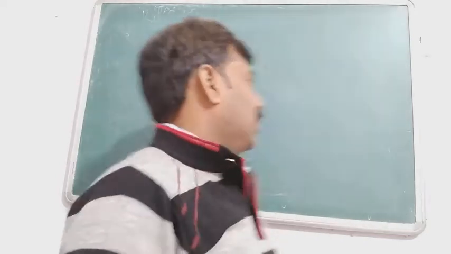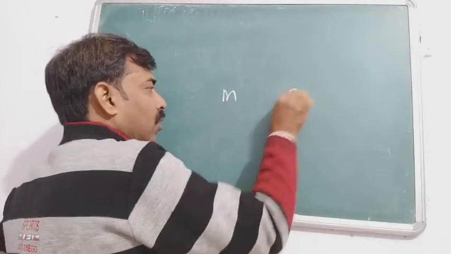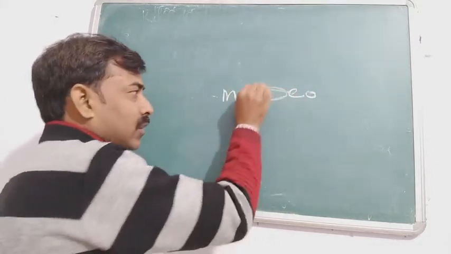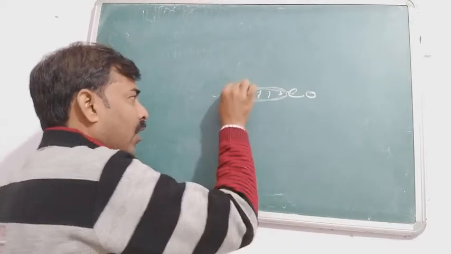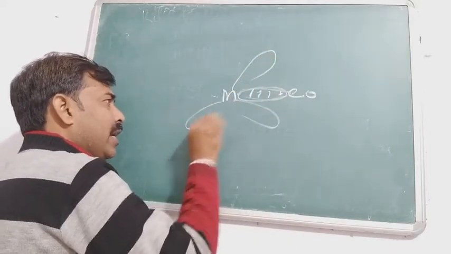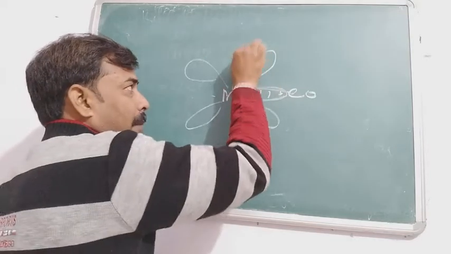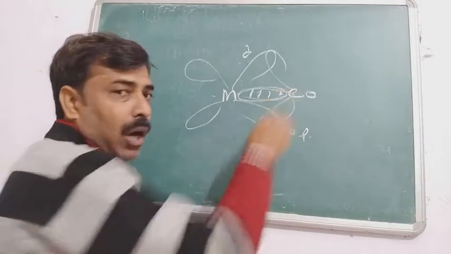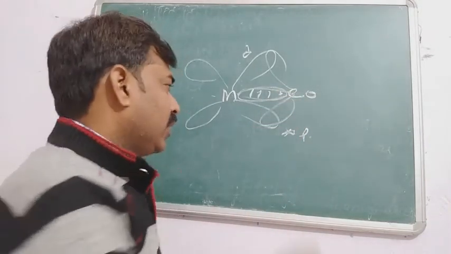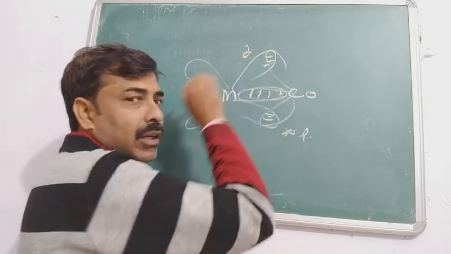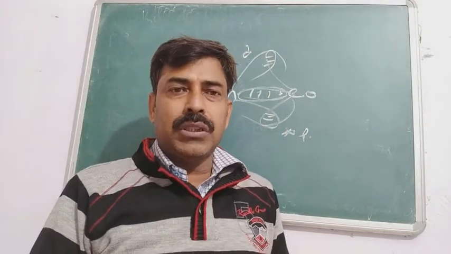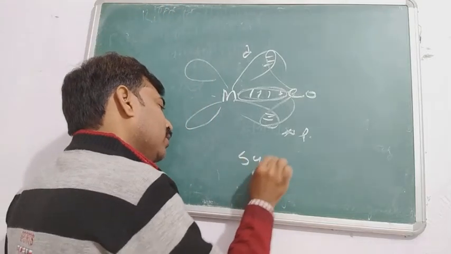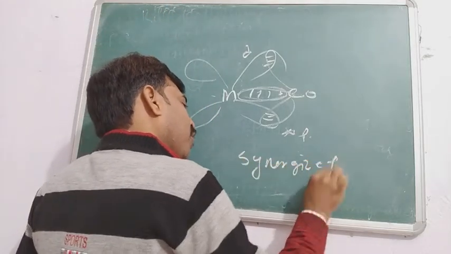So when the metal makes a coordinate bond with carbon monoxide, there is a sigma bond, but along with that sigma bond, the d orbital of the metal makes a bond with the anti-bonding p orbital of carbon monoxide. As a result, a partial double bond character develops between these two species, and this specific effect is called the synergic effect.